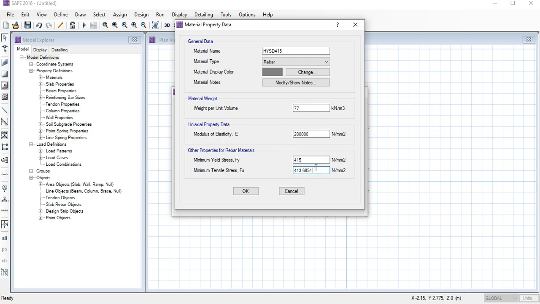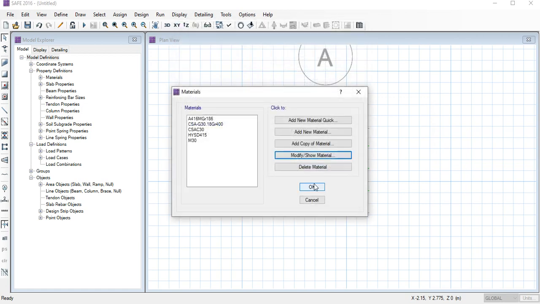And here is the minimum tensile stress, that means Fu. The steel minimum tensile stress is 485. All the data will be given on Google if you search this way. After that you need to click OK.